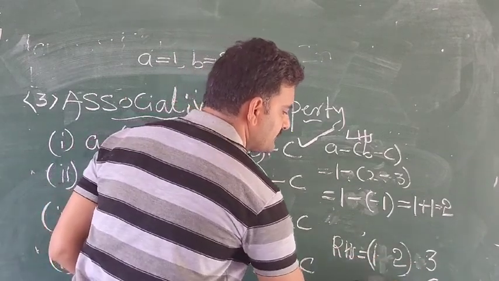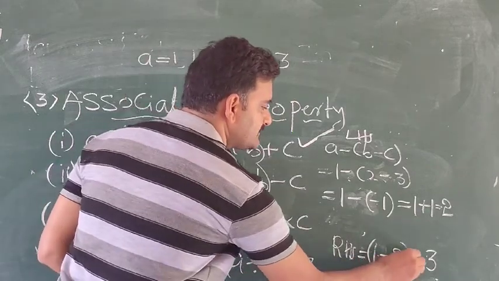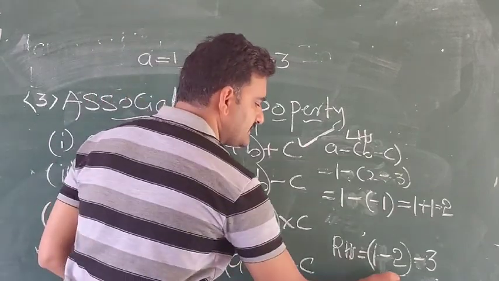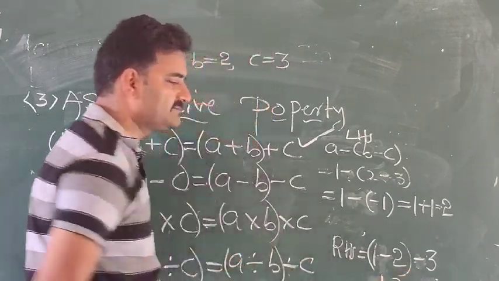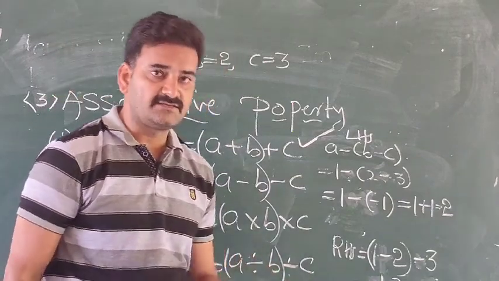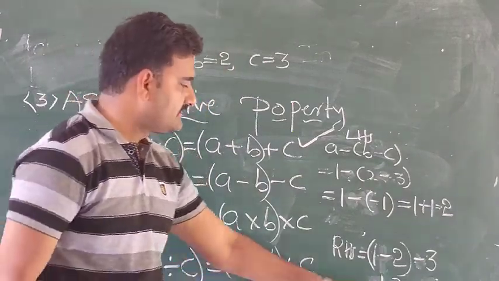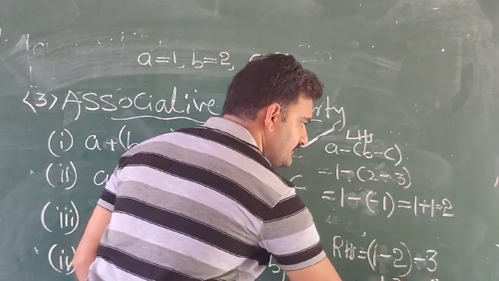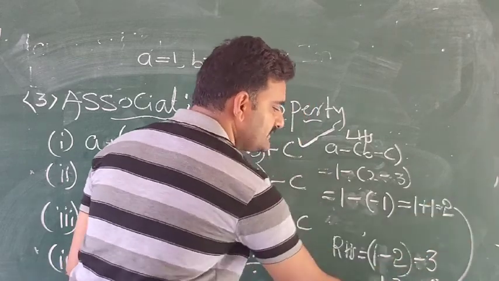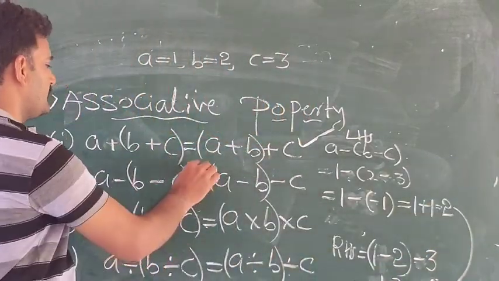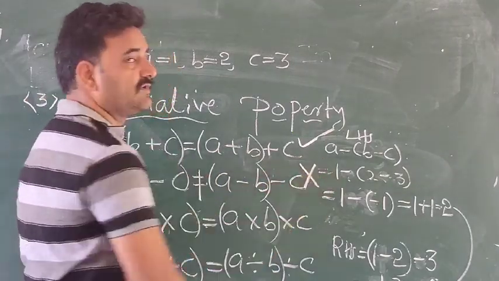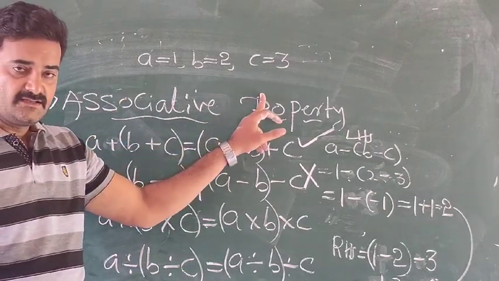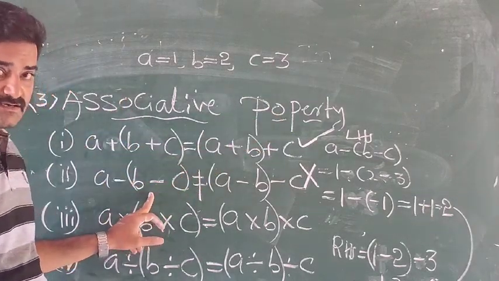Now this side, the RHS, all minus instead of plus. Let us see this one. So minus, minus. 2 minus 1 is minus 1. This minus 3 as it is. Now both are the same sign. Minus 1, minus 3, both are the same sign, means add. 3 plus 1 is 4, so minus 4. Now you see the solution. This is 2 and this is minus 4. Both are not equal, so it is not satisfied. That means associative property does not hold good under subtraction.